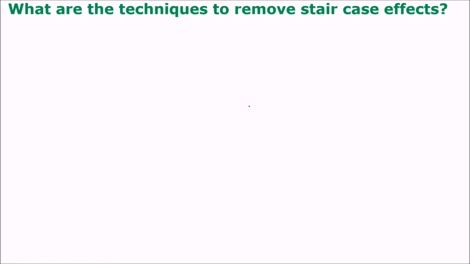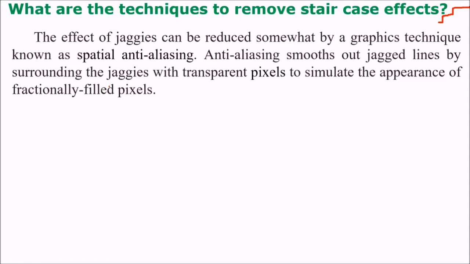What are the techniques to remove the staircase effect like this, or the Jaggies effect? The effect of Jaggies can be reduced by a graphics technique known as spatial anti-aliasing. This staircase effect is also known as aliasing. So we use anti-aliasing. This smooths out jag lines by surrounding the Jaggies with transparent pixels to simulate the appearance